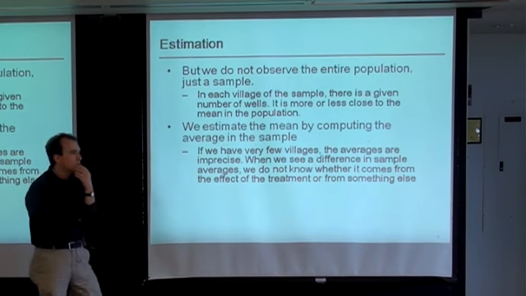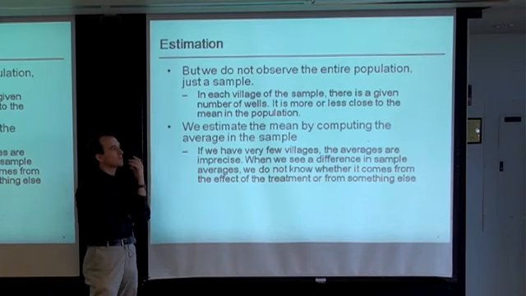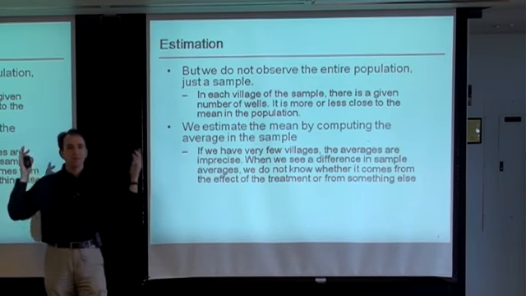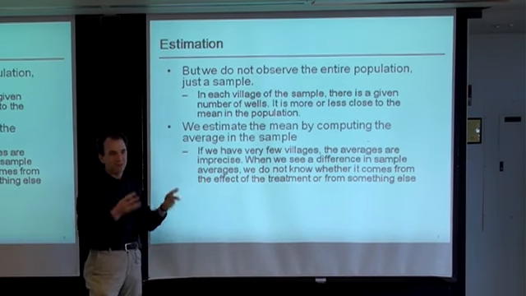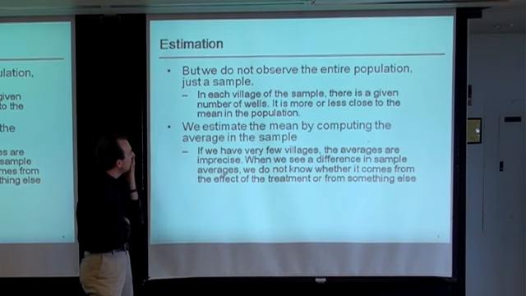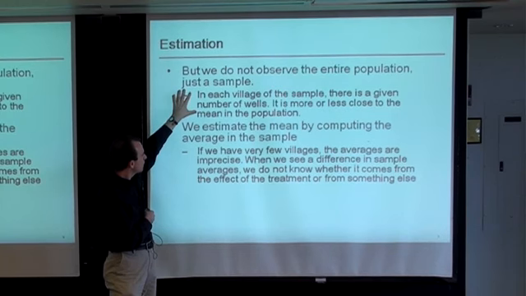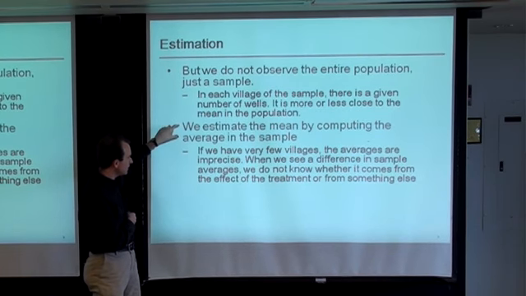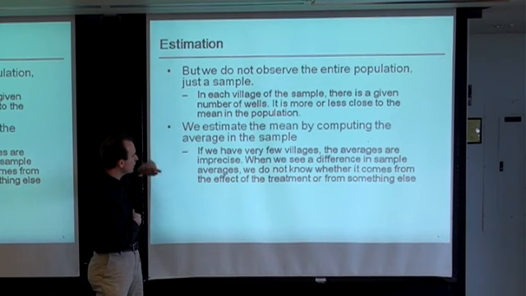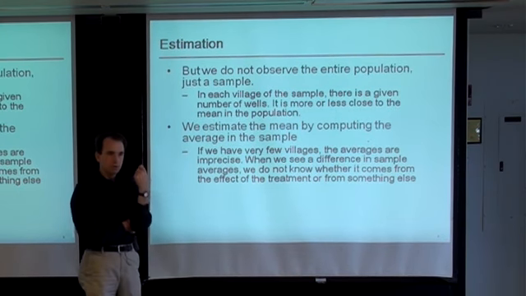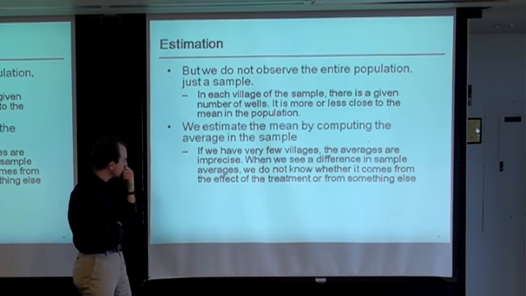In fact, even if we observed all the villages that exist, we're not going to observe, in some sense, all of the possible villages that could have hypothetically existed, if the villages were replicated millions and millions of times. We're just going to observe some finite number of villages. And so we're going to estimate this mean by computing the mean in the villages that we observed. Okay? And if there are very few villages,